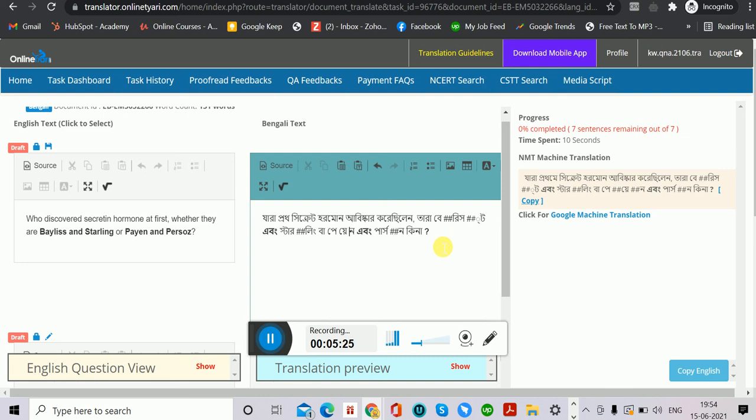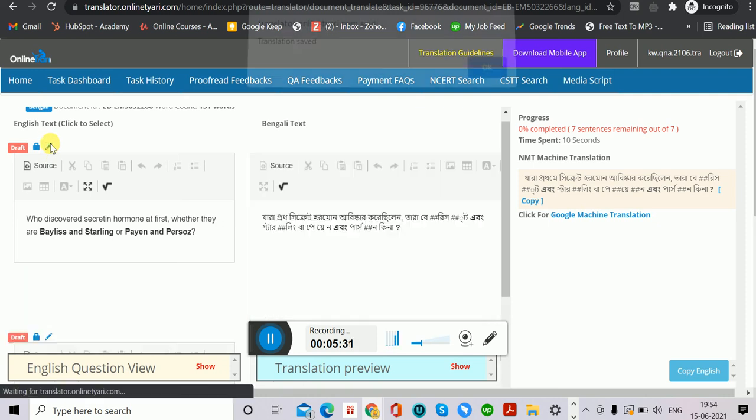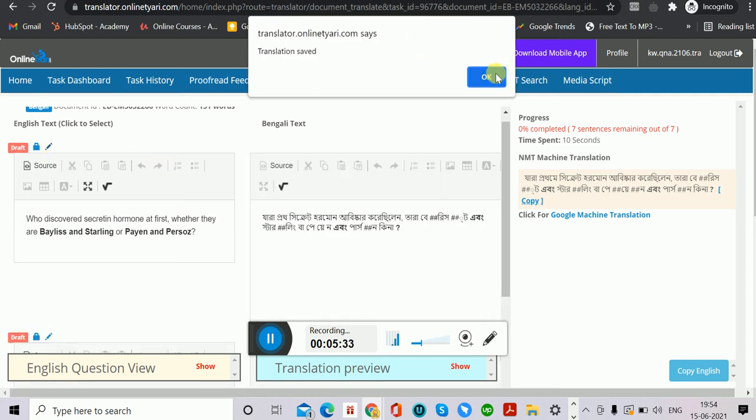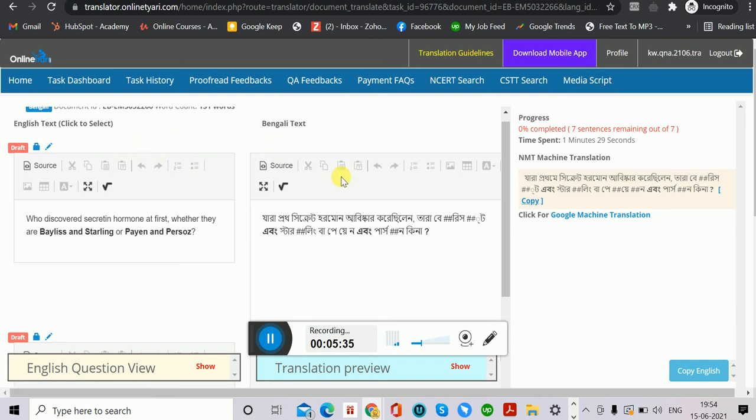Like if I click on next, like if I edit this question and make some changes, like this is correct, also yes, this is correct. So what I do is click on save.